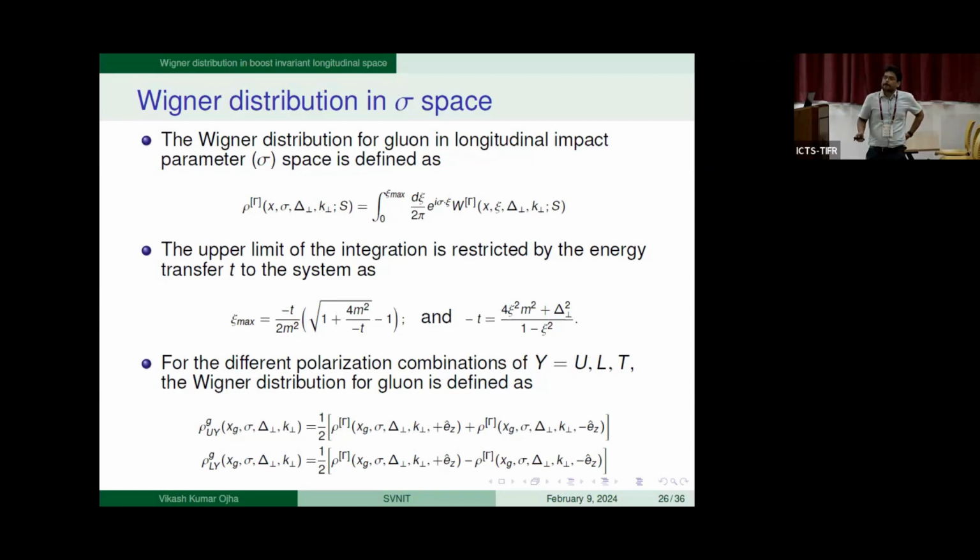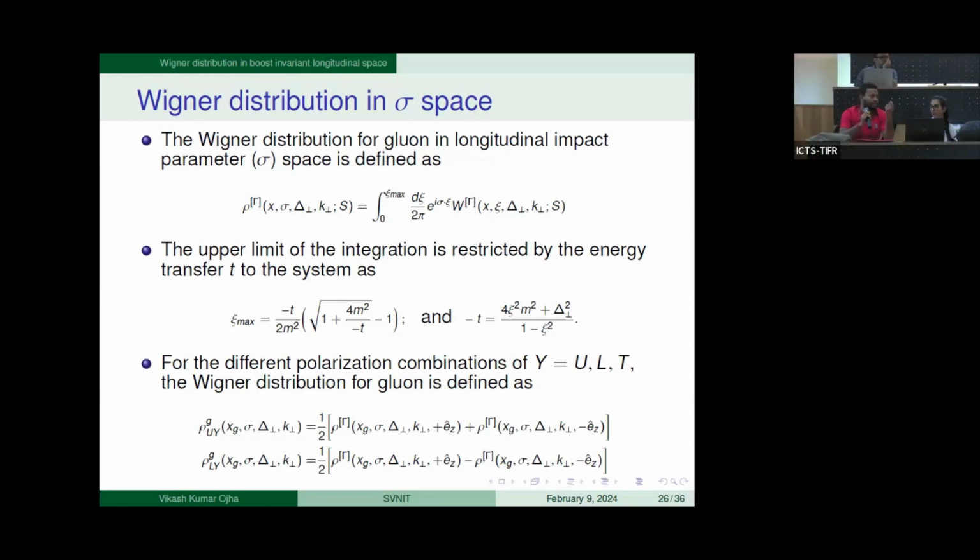Zeta max is the maximum for particular values of t. But while doing this integration, it should depend on whether x is less than zeta max or x is greater than zeta max. It will decide your integration limit, I think. Right, the integration limit should be the minimum of zeta max or x. If you take zeta min as x, what is the value of x you are choosing for your plot?